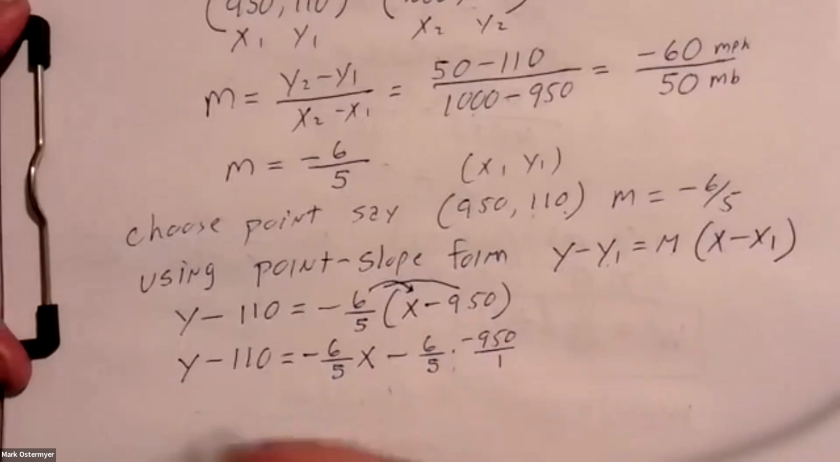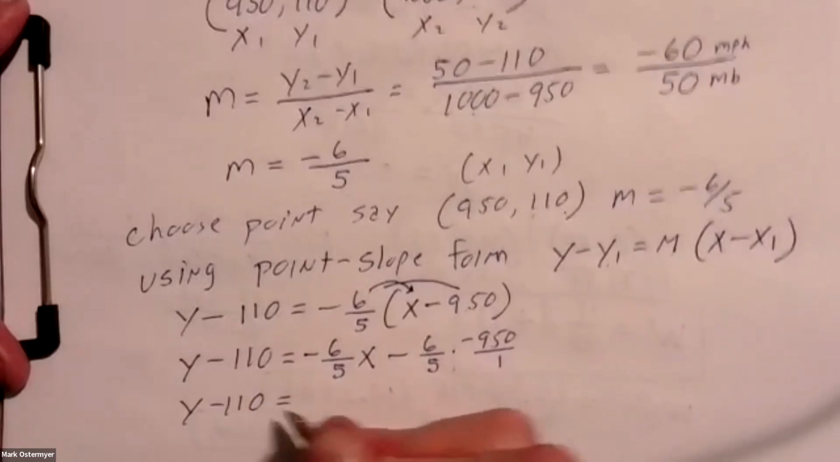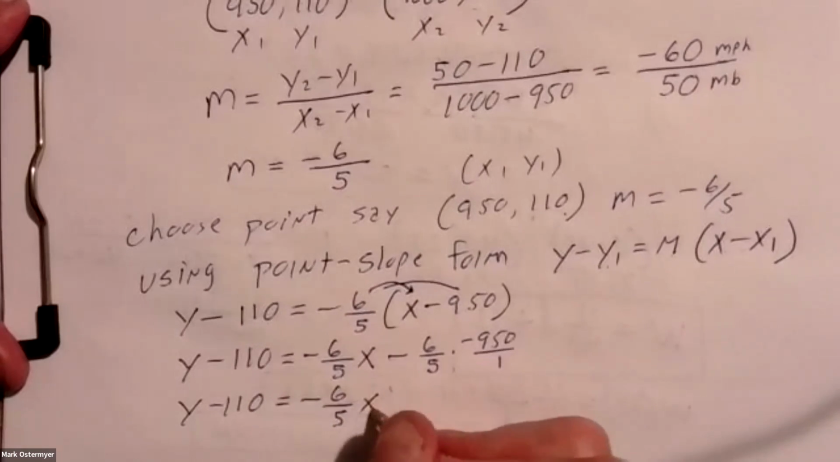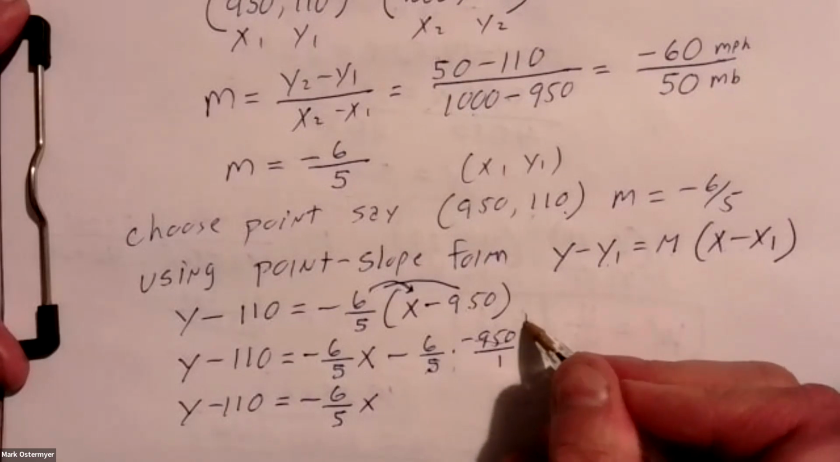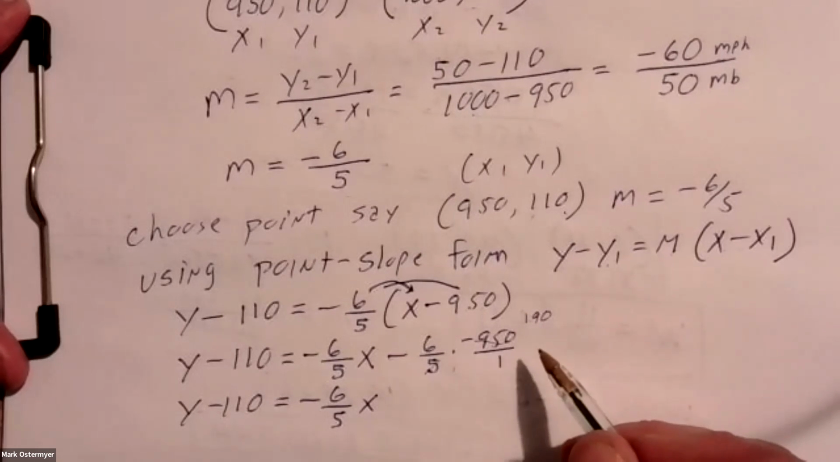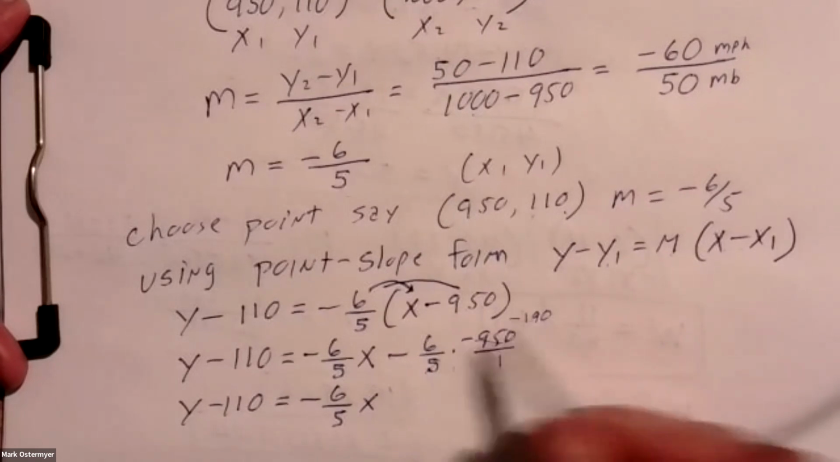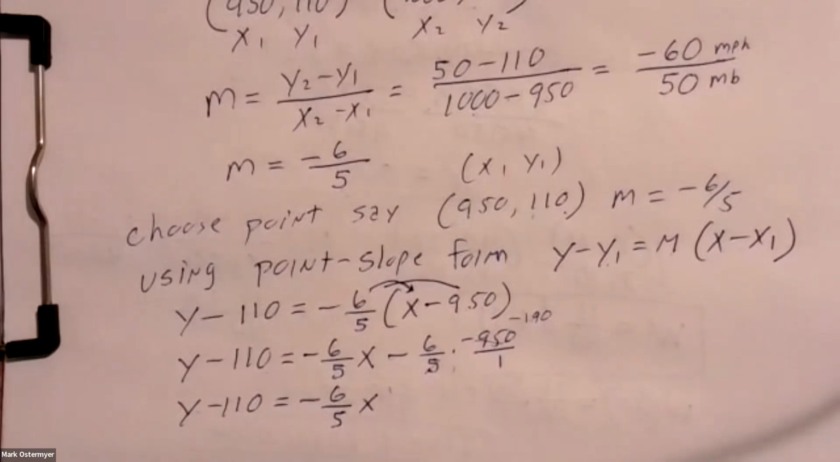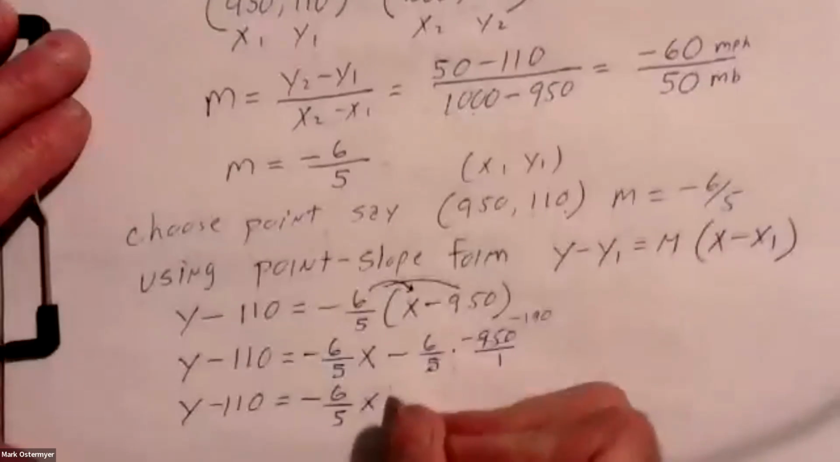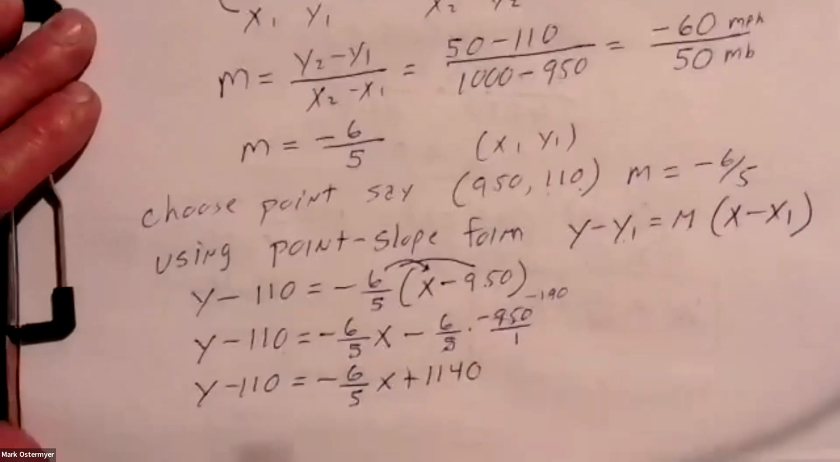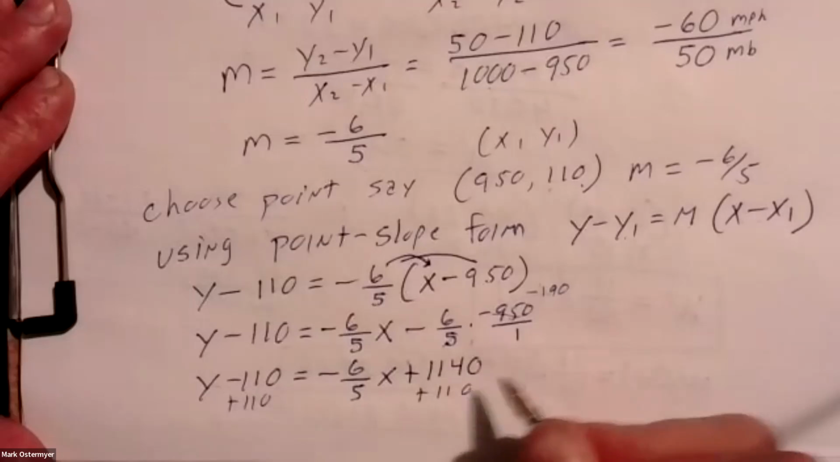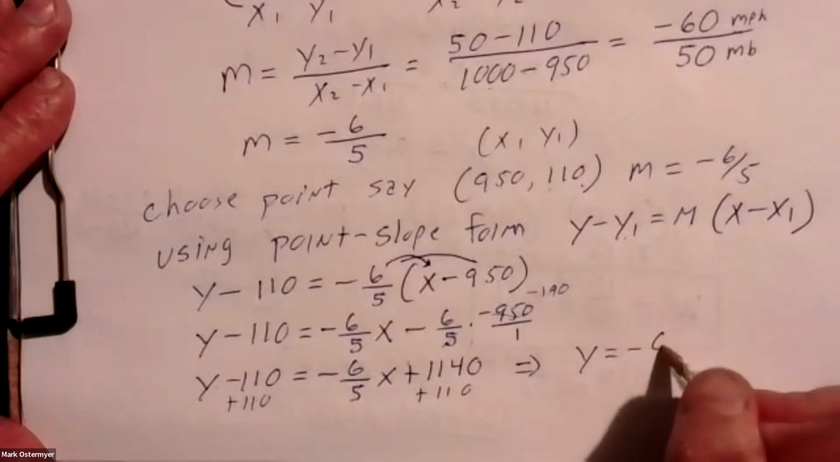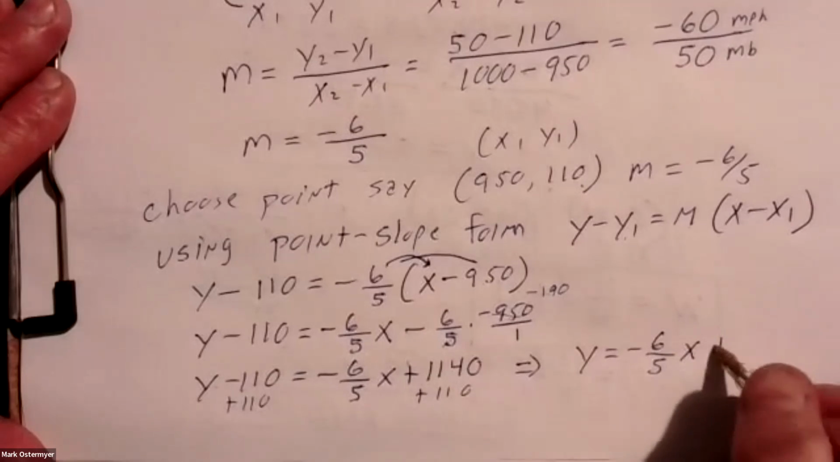Five does divide into 950 evenly here. So that is going to be a nice integer here. So we're going to have -6/5 x. 5 divides itself once, goes into 950, 190 times. And what's -190 times -6? Gives me 1140. All right, so this is plus 1140. Finally, to solve for y, we add 110 to both sides, and we have this thing in slope-intercept form. Therefore, y is equal to -6/5 x plus